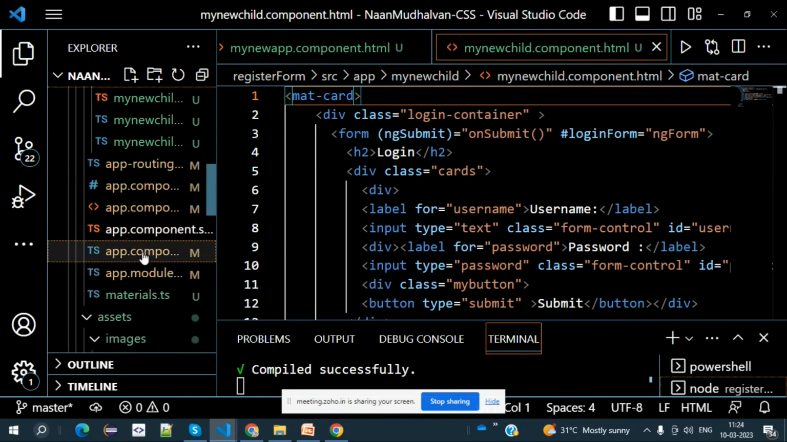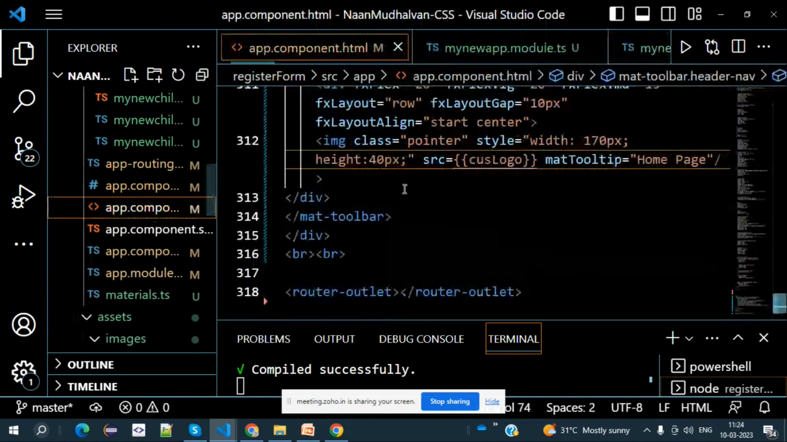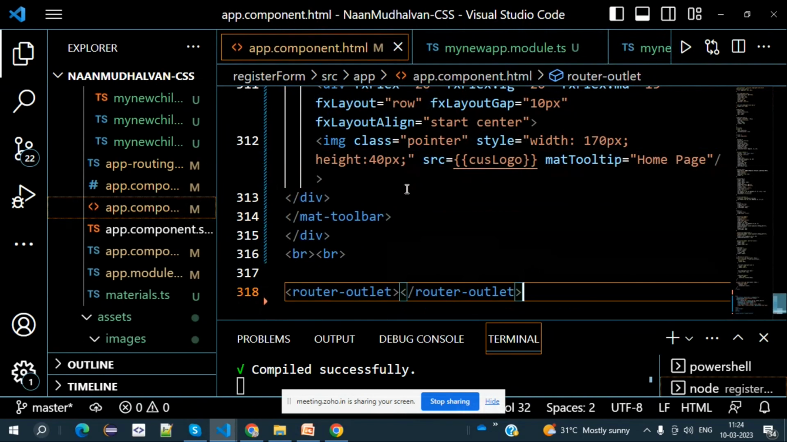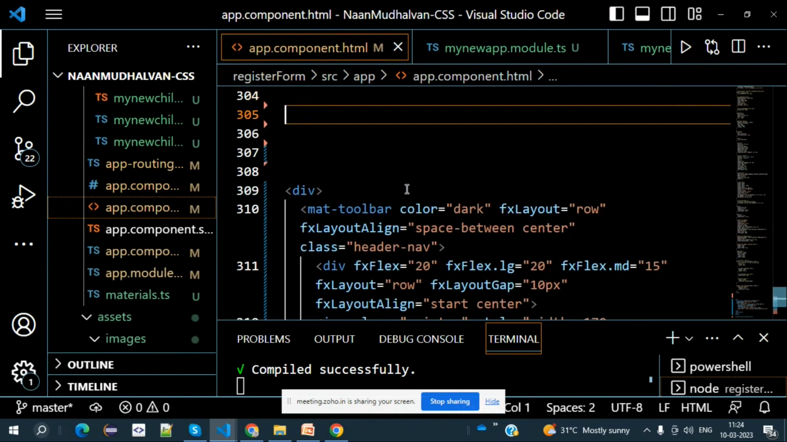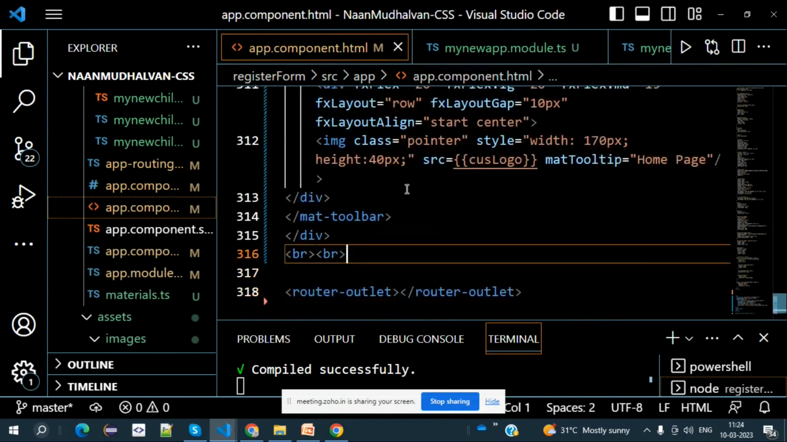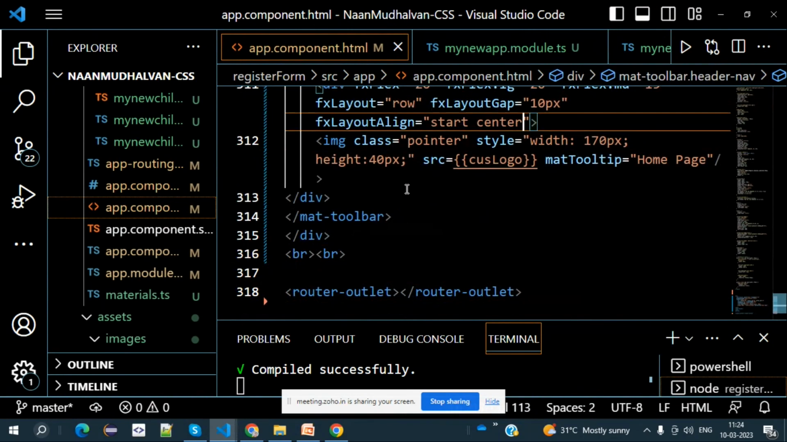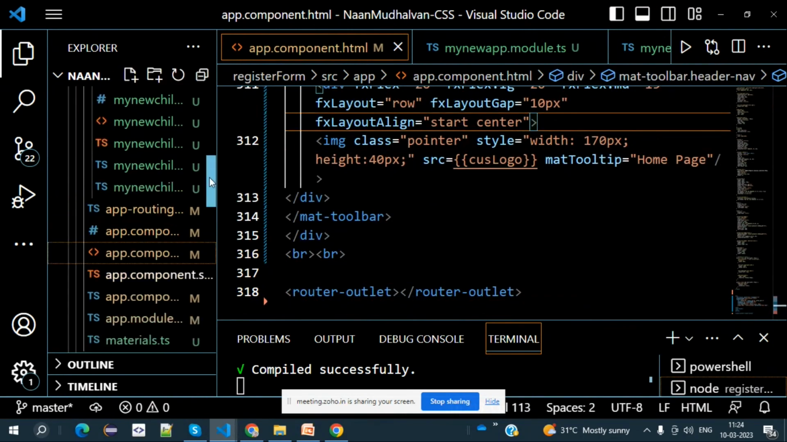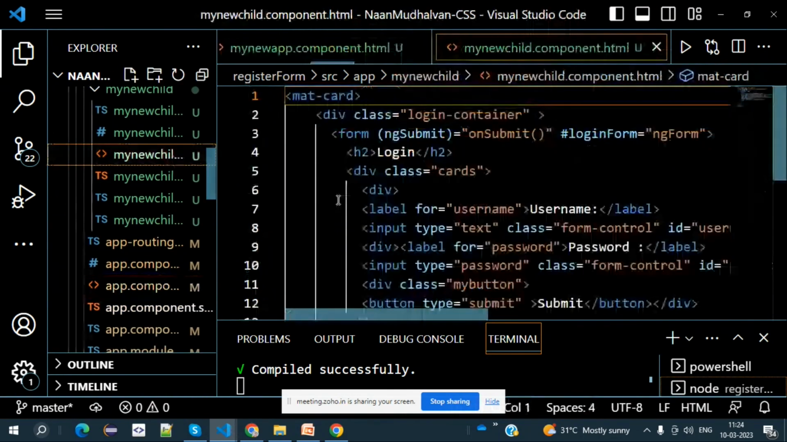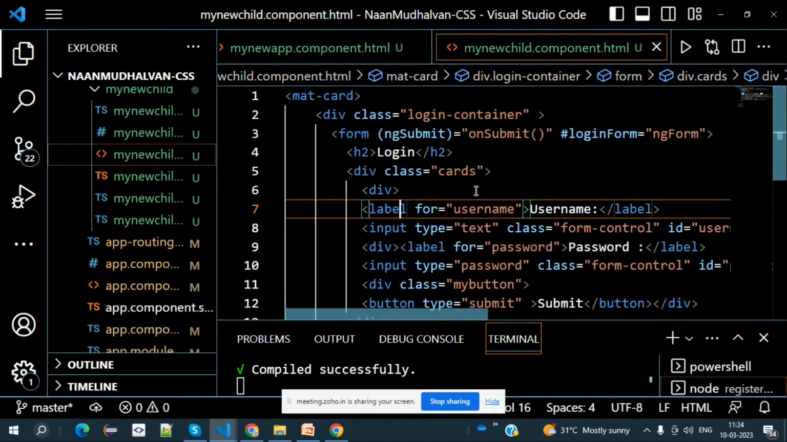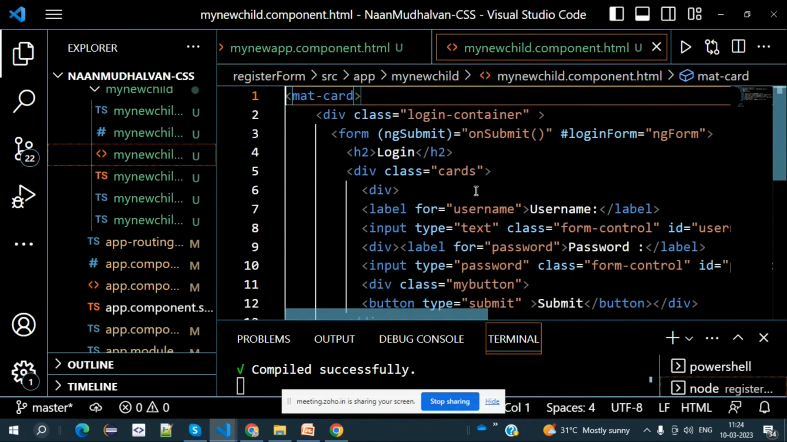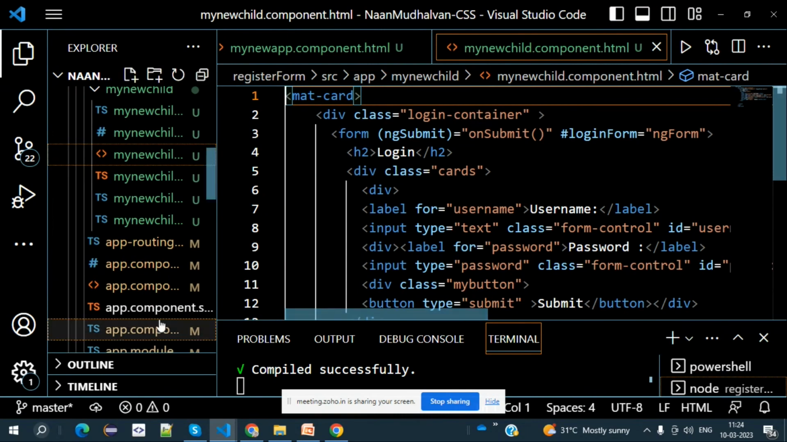here you could see in the app.component.html, apart from the mat toolbar, I didn't keep anything else. Then how could I bring that login page? That login page is available in my new child component only. In my new child component, I am keeping some mat card. So when I keep this mat card in my new child, then how can I bring it in the